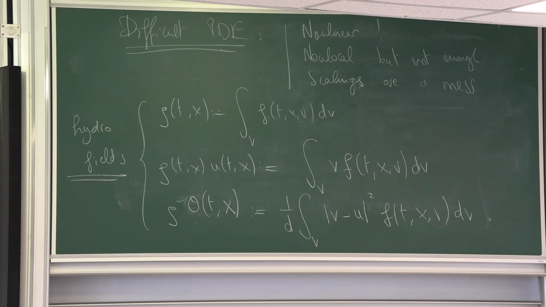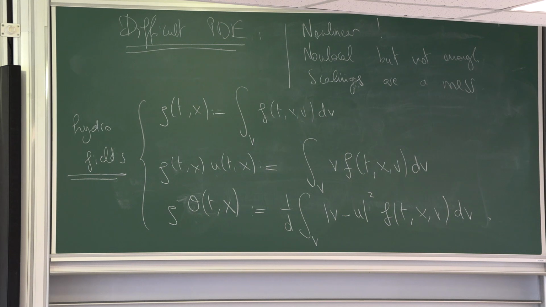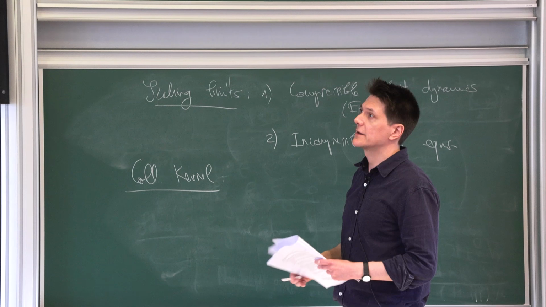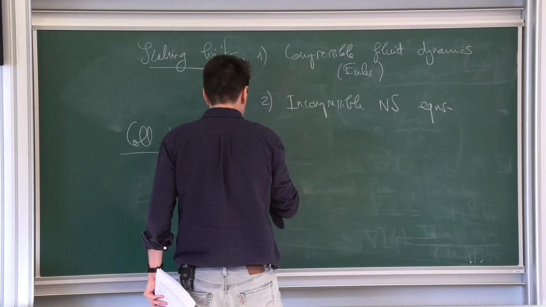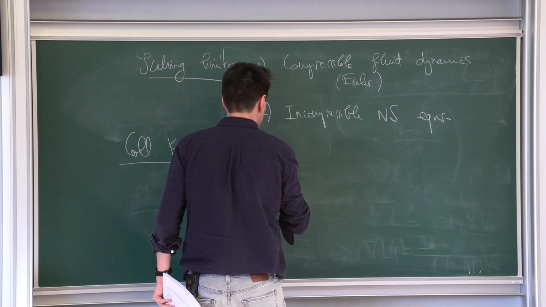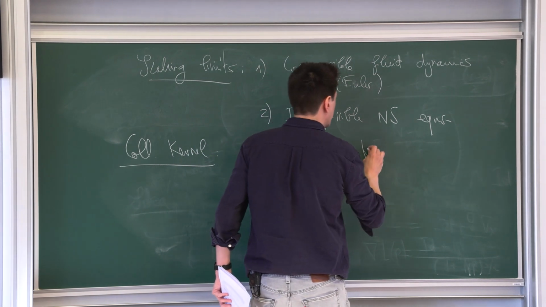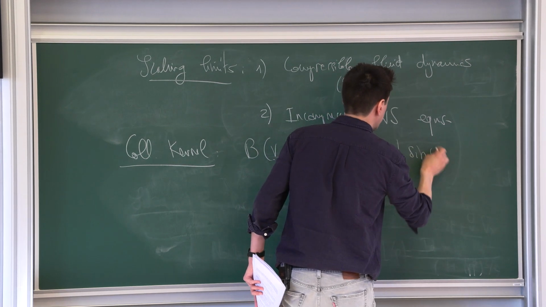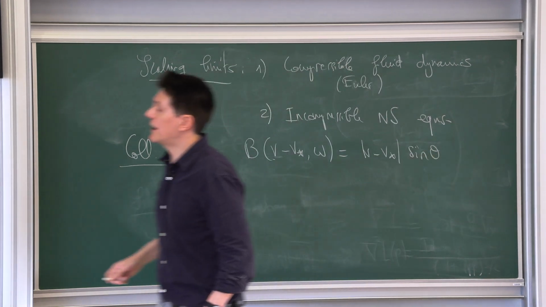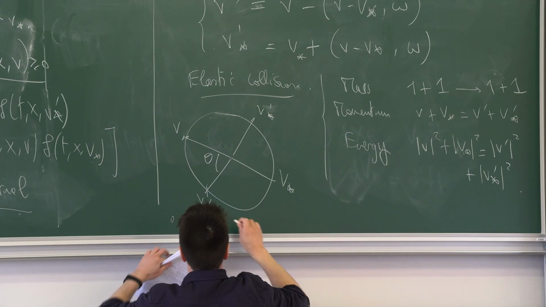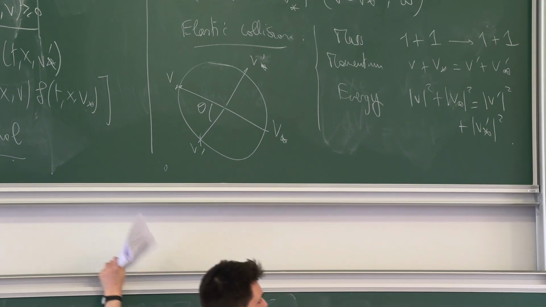Okay, so that is a hard equation. And now let me go back to the question of the kernel. So the collision kernel, B, was calculated in two cases in the article of Maxwell, 1867. So B is equal to, so this B actually takes the form of |v - v star| sine theta, where theta in my picture is just this. For hard spheres, sorry.